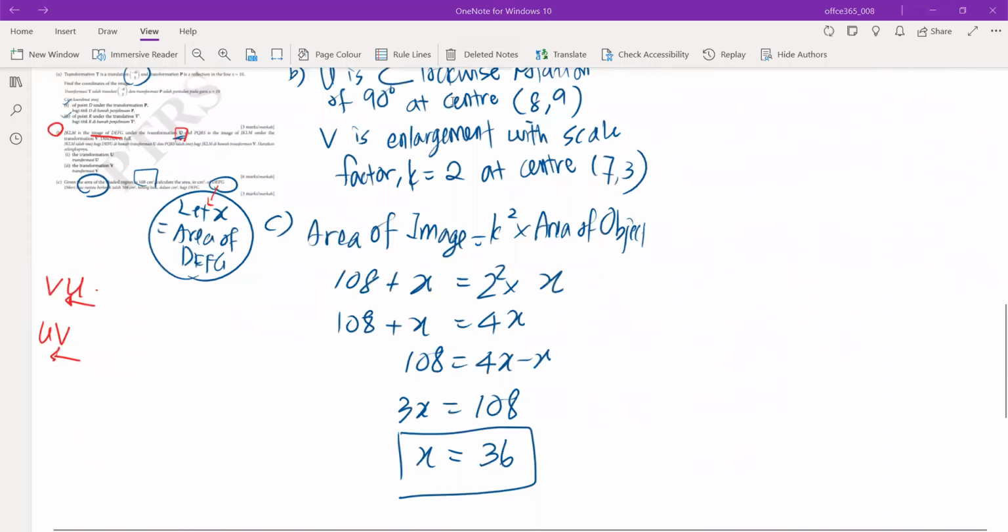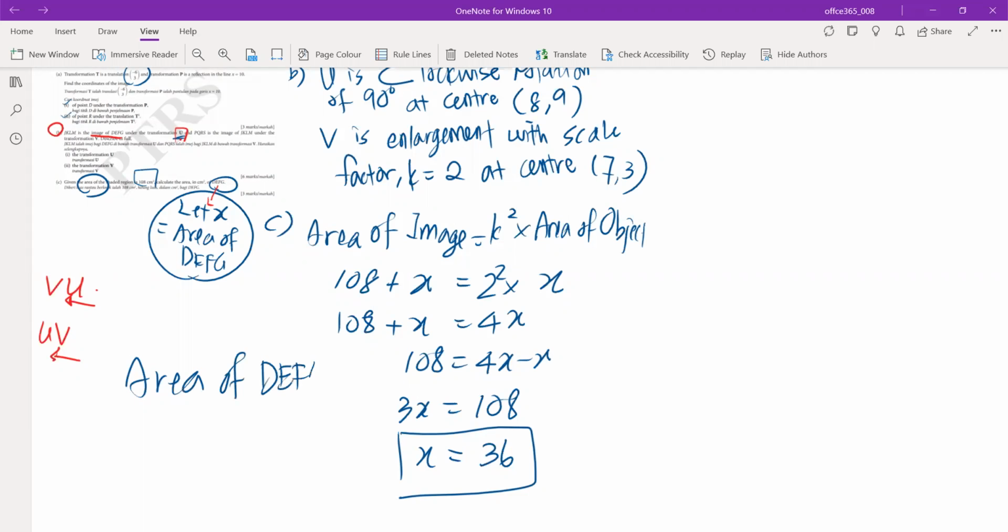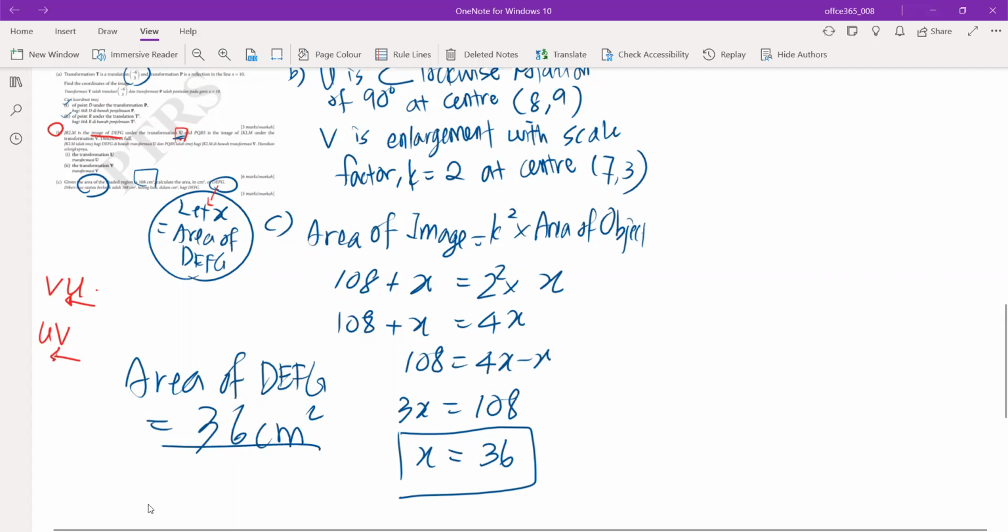Any question? So this is how you do. Then you just say area of DEFG, luas kawasan DEFG ialah berapa? 36. Unit dia cm persegi. So you have to know how to tackle this type of question, and then after that we'll go to you need any more question to back up,